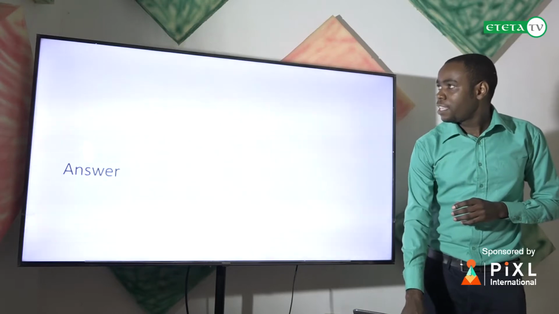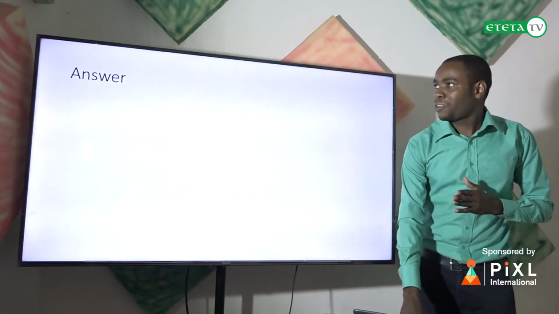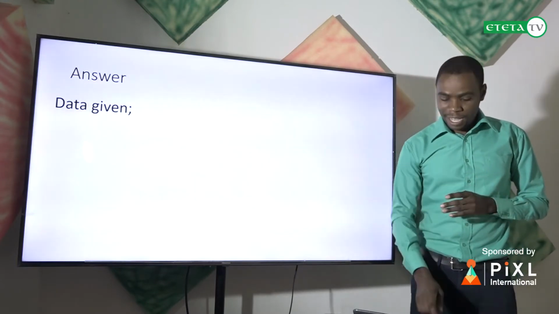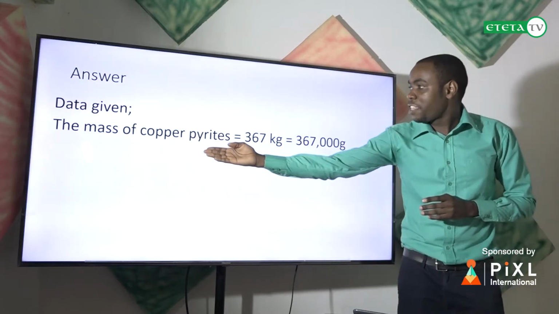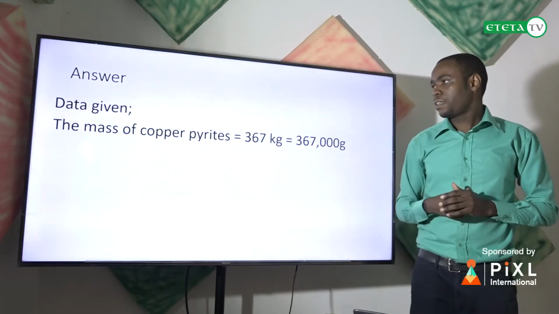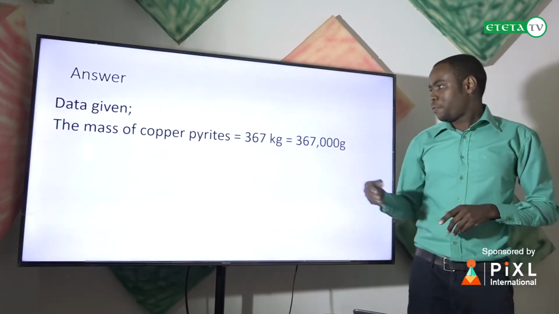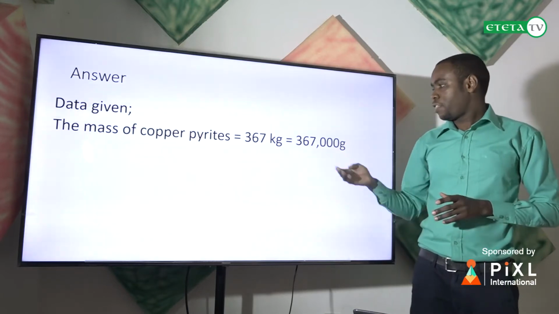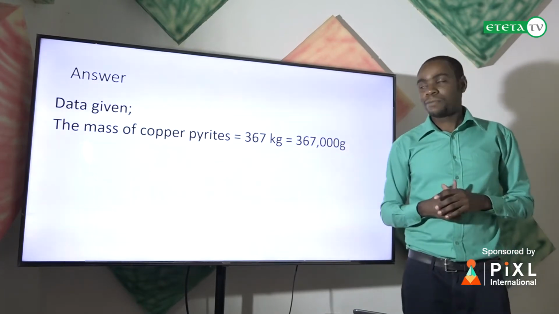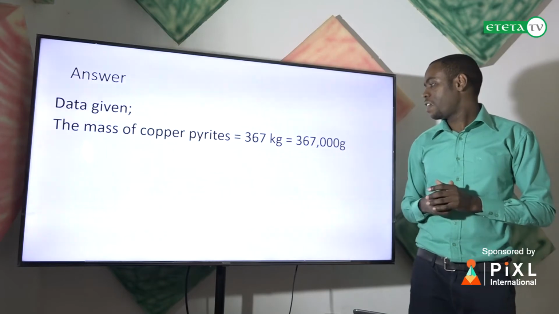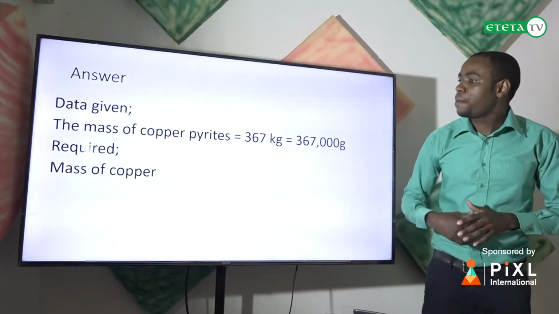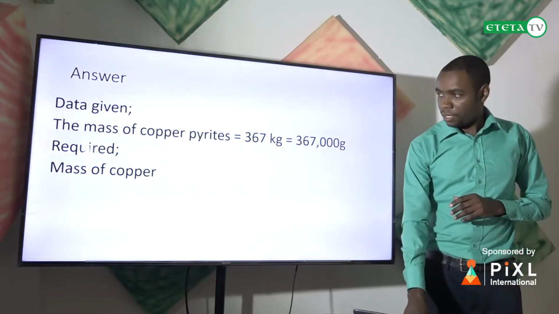In answering questions like that, the mathematical questions of chemistry, the first thing is to write the data which you have been given. And here, you have been given the mass of copper pyrite, which is equal to 367 kilograms. If you want to convert this to gram, it will be 367,000 gram. So what is required? It is the mass of copper. So the first thing,